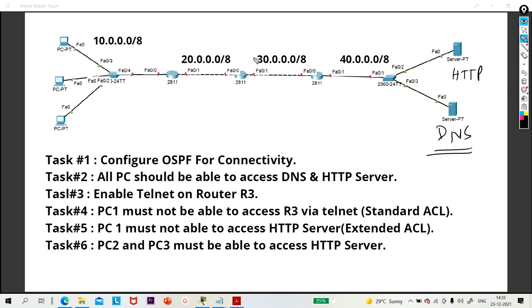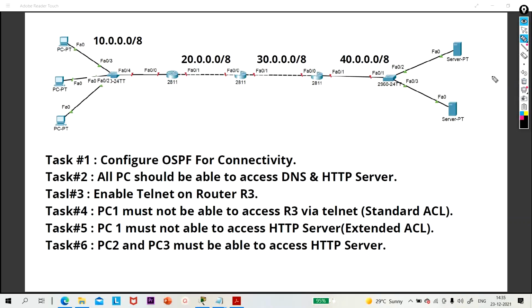server. And the network in this LAN is 10.0.0.0/8, right? And the network between R1 and R2 is 20.0.0.0, between R2 and R3 is 30, between R3 and R4 is 40, right?